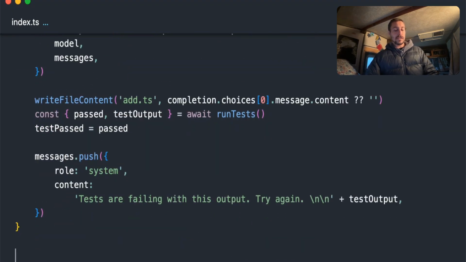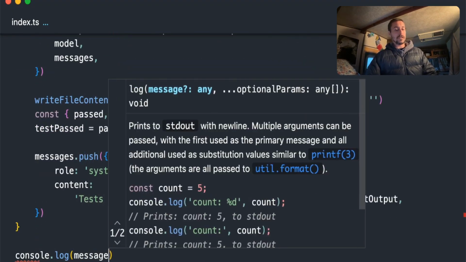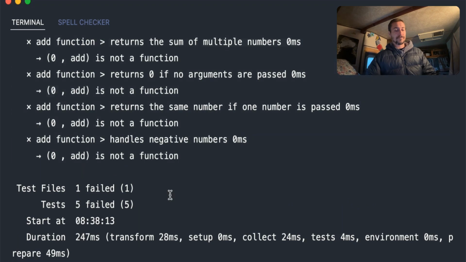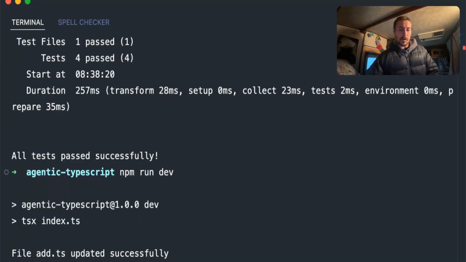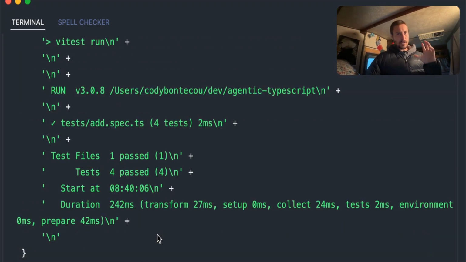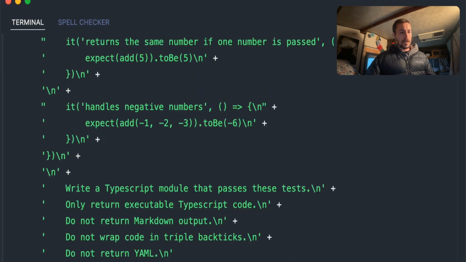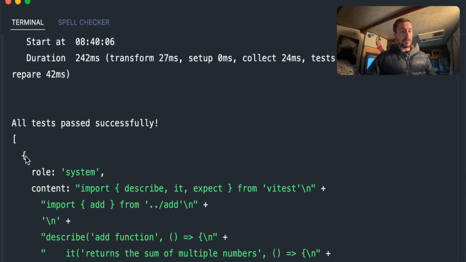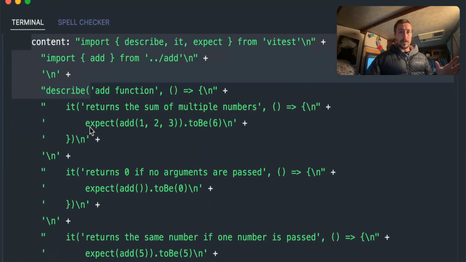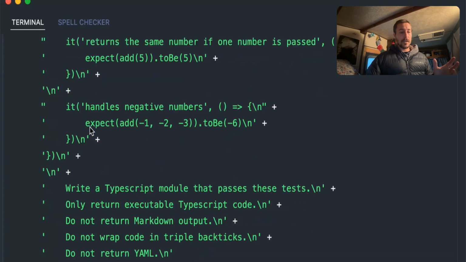So in this case, I'm going to just console.log messages so you can see how it changes. This probably isn't going to get into the agentic loop, but you're still going to see the adjustment. So here's our messages. And here we have the original prompt that we passed it. In this case, this is our test spec file.